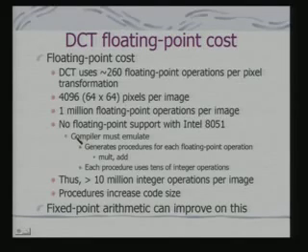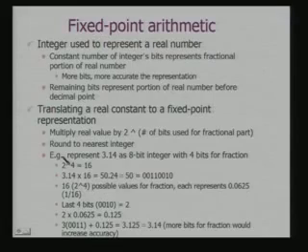So that has to be taken care of by the compiler. The compiler needs to generate instructions to do the floating point calculations using basically integer operations. Each procedure uses tens of integer operations. An estimate is greater than 10 million integer operations per image of size 64 cross 64, and the procedures increase code size. So the other possibility is whether we can transform it into a fixed point representation. There may be lack of precision, but when we are representing an image, that lack of precision may not be critical enough, because in any case we are doing quantization.